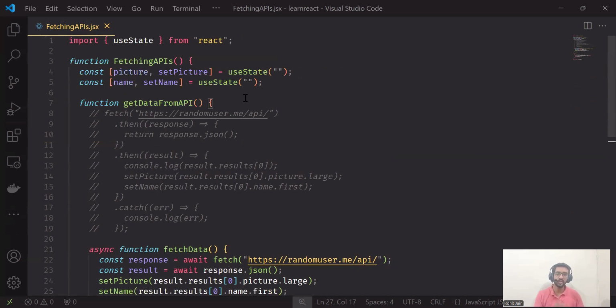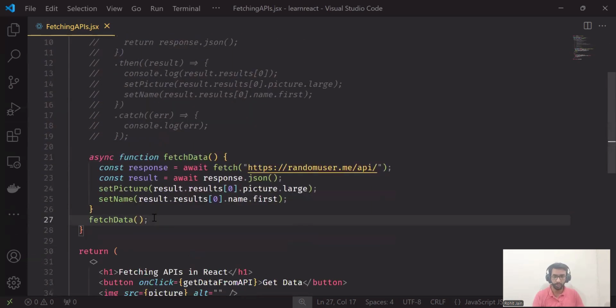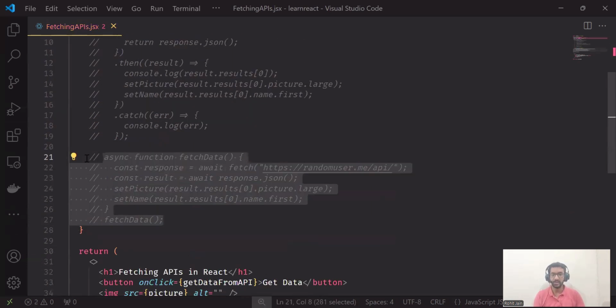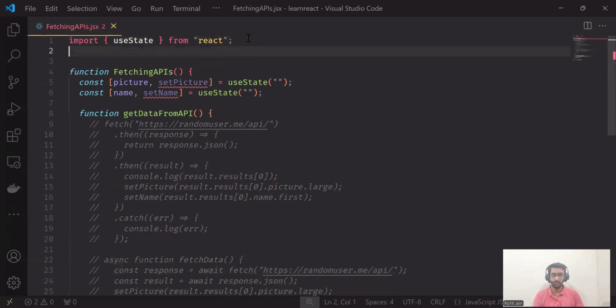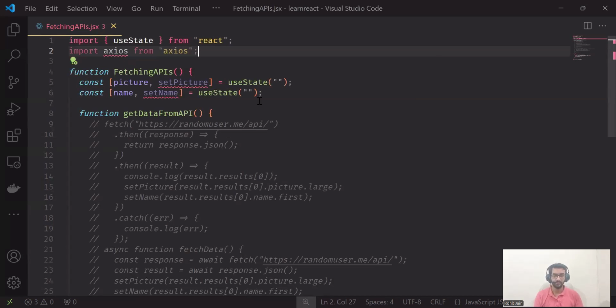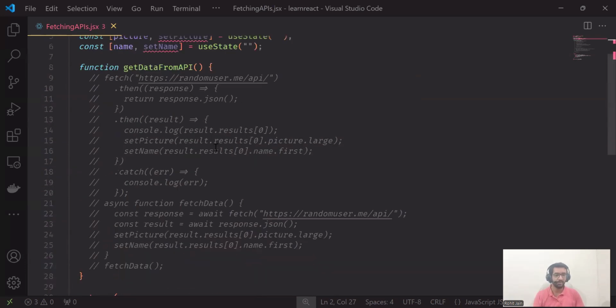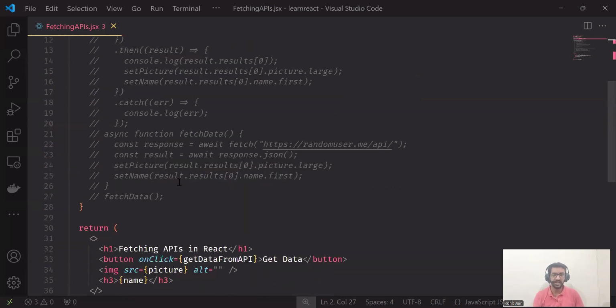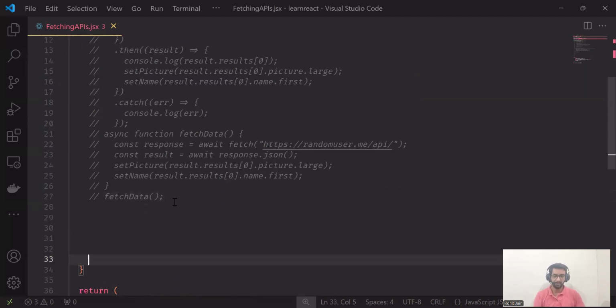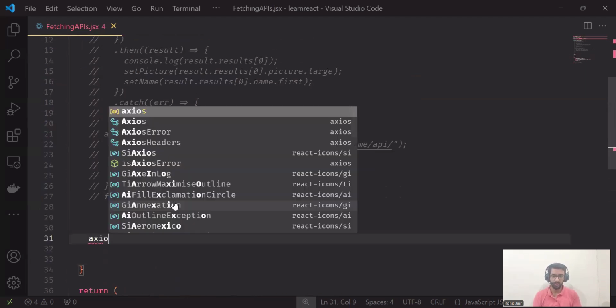If you are using Axios, it has to be installed as well as imported too. So let me comment it out and let me import now Axios. The way to do that is import Axios from Axios. Pretty simple. On the click of the button, we will still call get data from API. Yes. Inside get data from API, we will now call